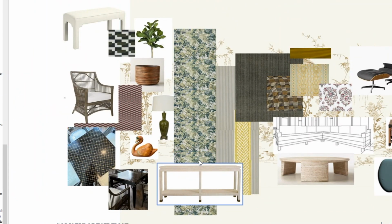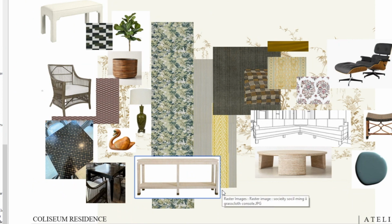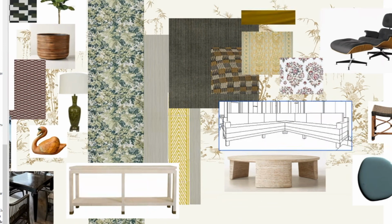So what I brought in was thinking that we'd have two side panels of this beautiful fabric, and then in the middle of it, we would have this really sheer stripe that would allow some light through. So we're using this brown and white stripe by Schumacher as kind of the internal panel, and trimming that out with kind of this lime green trim. So I kind of figured the curtains out, and then the next place I tried to figure out was the